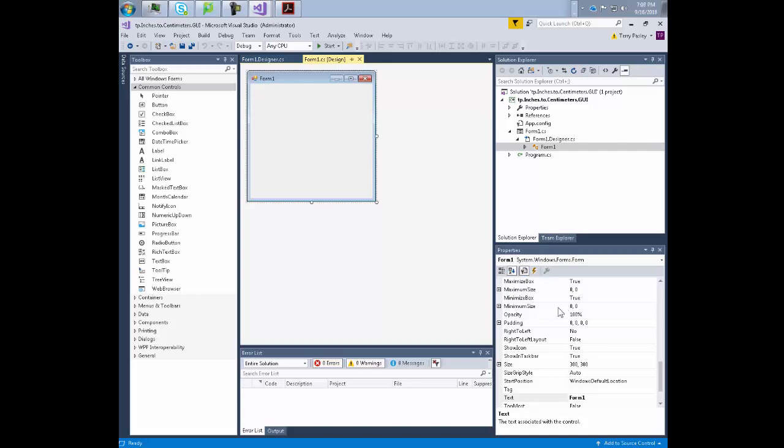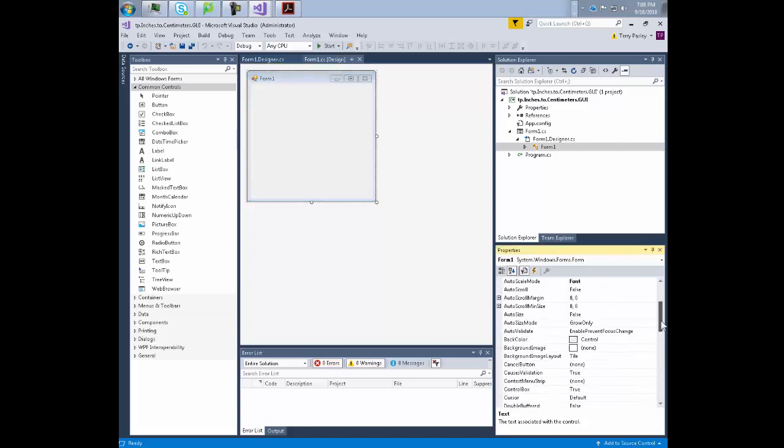In this bottom right hand corner, there's a window here, and if you're not seeing properties in this lower right hand corner, you need to make an adjustment, play around with view and get this open. This is showing me the properties of Form 1, and feel free, as a matter of fact, I recommend that you change the names on these things. So here's the name, Form 1, and I'm going to change this to Converter,